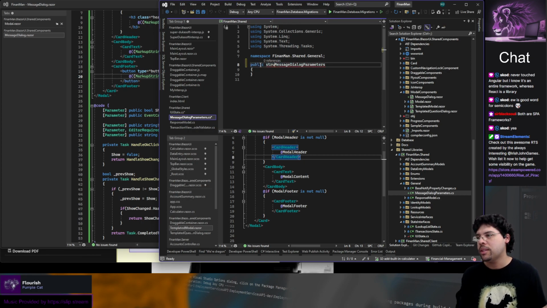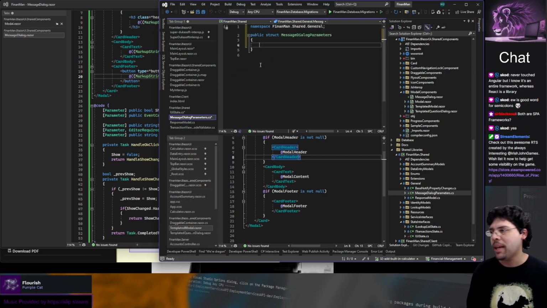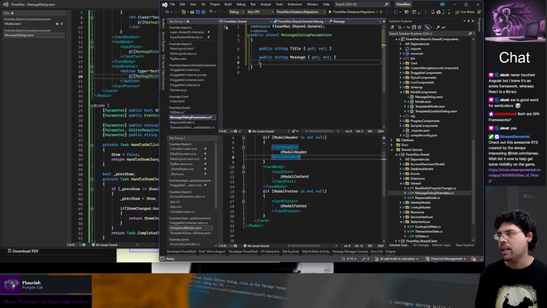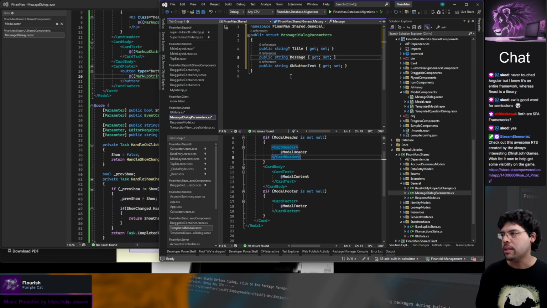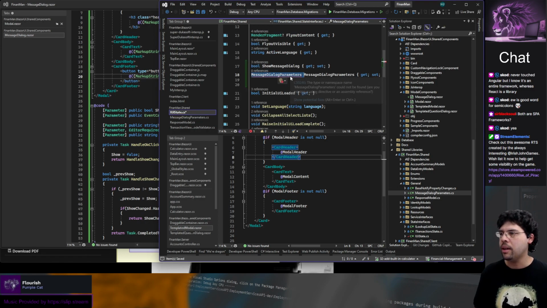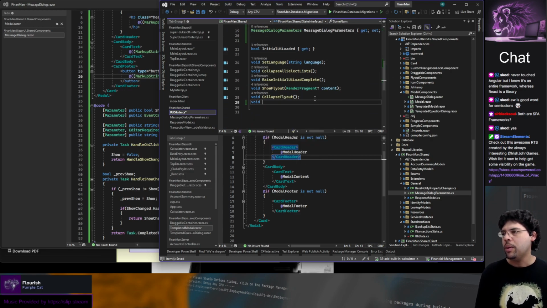And we're going to make it a struct because it doesn't need to take up that much space. And it's going to have public string title, public string message, and public string OK button text. OK button text is required. This is null. And control dot. All right, so then we also have our method, void show message dialog parameters,